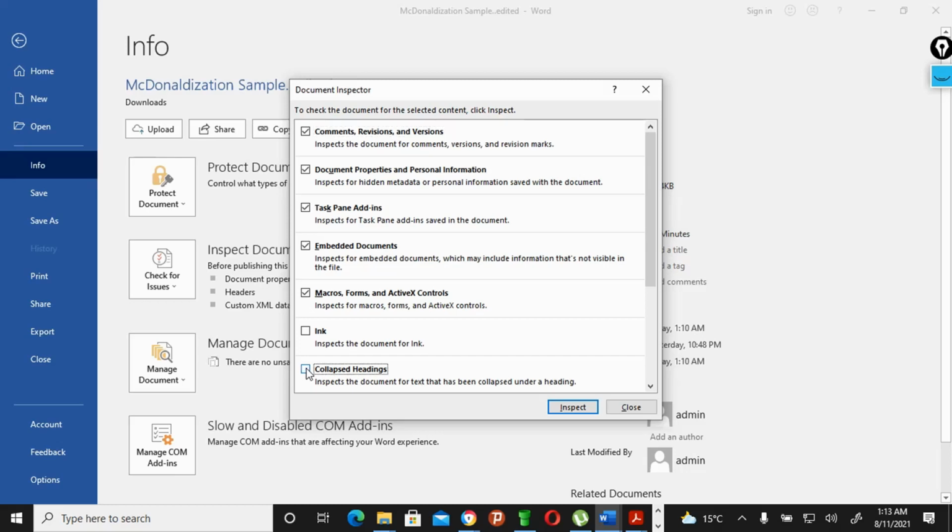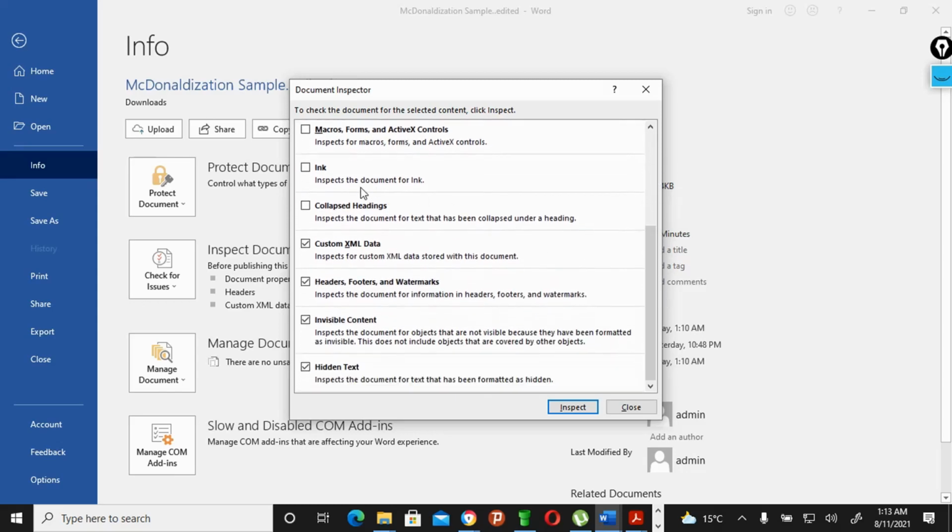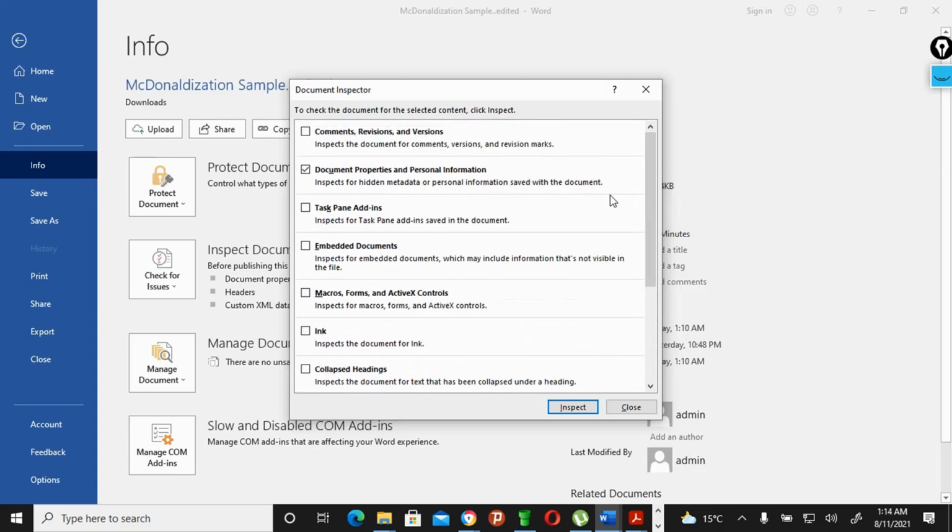You uncheck all other boxes and leave this one for document properties. Make sure you uncheck all other boxes. I'm using Word 2019 anyway. The one that is checked is only document properties and personal information.